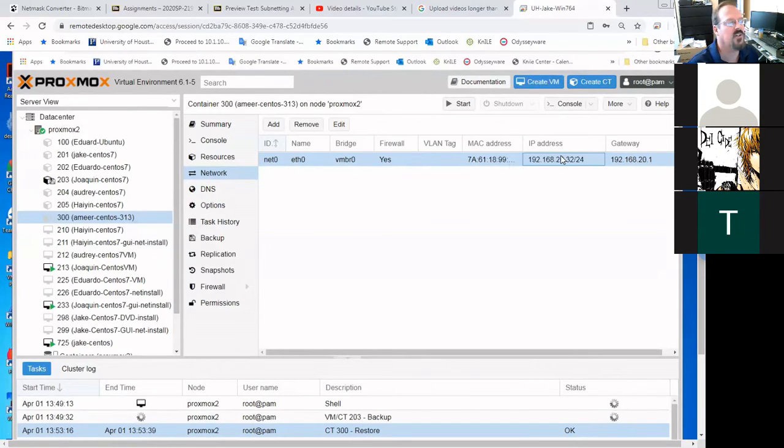Just make sure you're not using an IP address that's already taken, or just try to choose something that's high up in this range. So Team 2's range is anything from 201 on up to 254. Since I'm just doing this temporarily, I'm going to guess that nobody is using